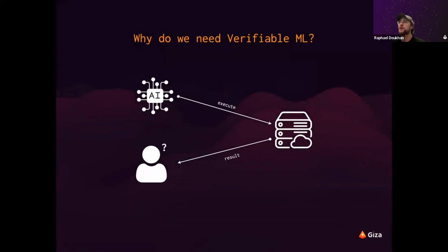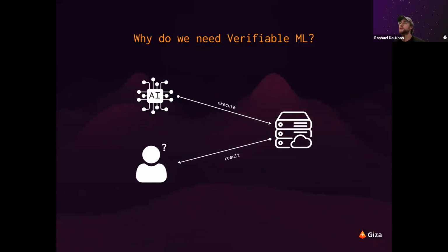But the problem is that when you delegate something, for example when you are using ChatGPT, you have no idea what they are doing with your data. You have no idea if the result they return was not biased, and you have no idea if they use the model that you asked for. Maybe you ask for GPT-4 and they are using GPT-2 or GPT-3. So it's like a black box.